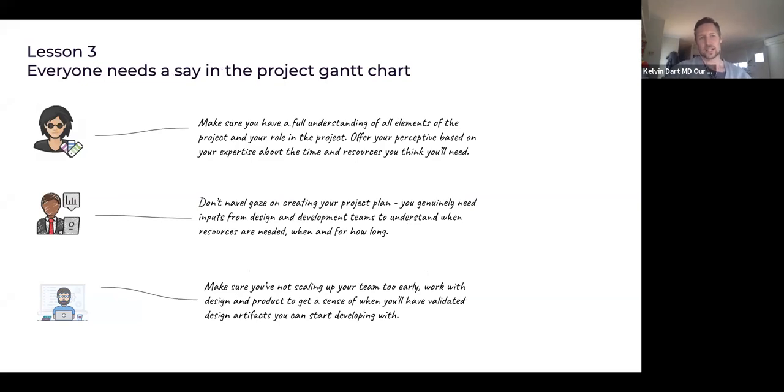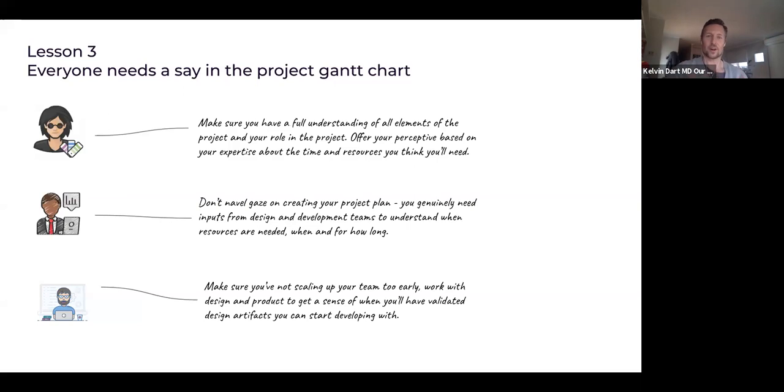Number 3, everybody needs to have a say in project Gantt charts. And I speak to this at a very, very personal level. I've had projects that have succeeded because I took the time to make sure that it was done in a really democratic way, that we all sat down and had really robust conversations around what the ultimate thing would look like, in terms of a designer having full reign to do 8 weeks of deep anthropology and contextual research, yada, yada, yada, to, okay, well, these are the constraints of the budget.